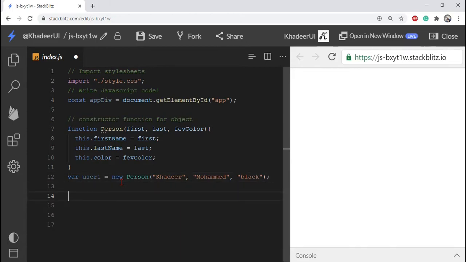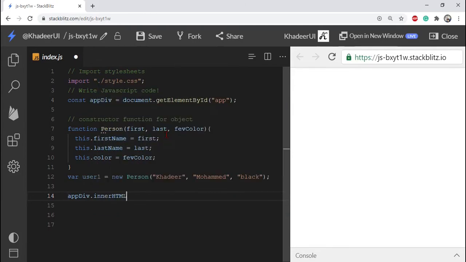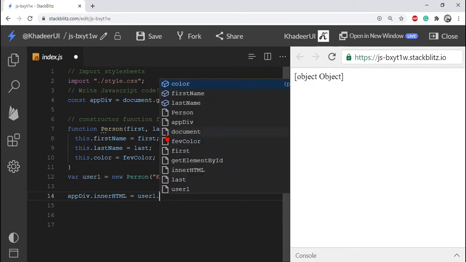I will show this output. Here there is a selector, the app ID, so I will show it in the browser. Write the app div dot innerHTML equal to user1 dot first name.